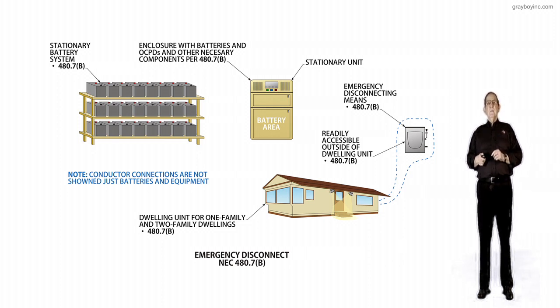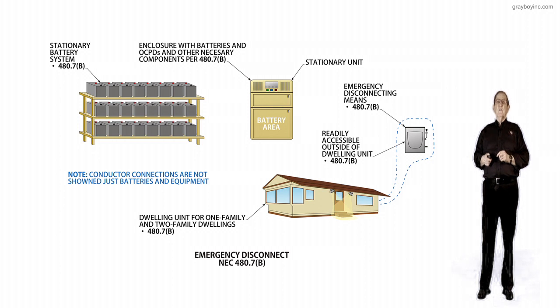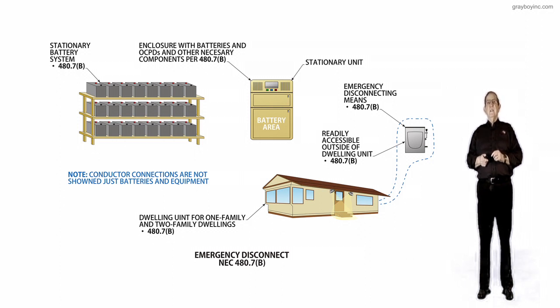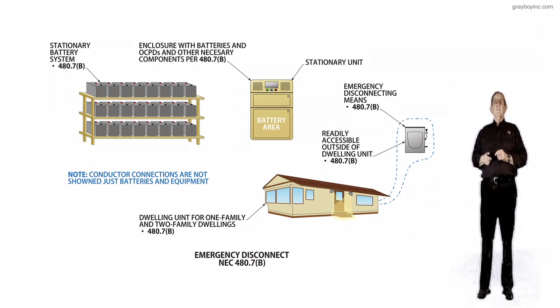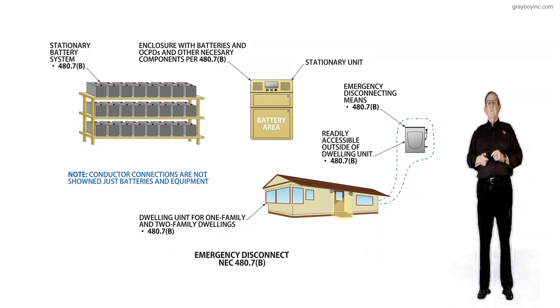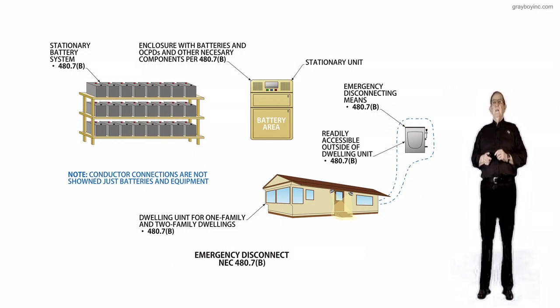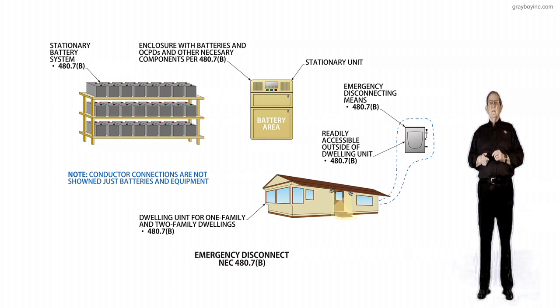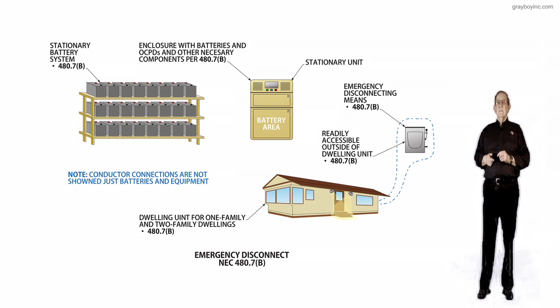And then, of course, you may have stationary batteries and racks, as you see to the left of the battery area and stationary unit. And notice the stationary battery systems are also addressed in 480.7(B). And if you should be using a battery type system in a healthcare facility, then I would recommend that you review